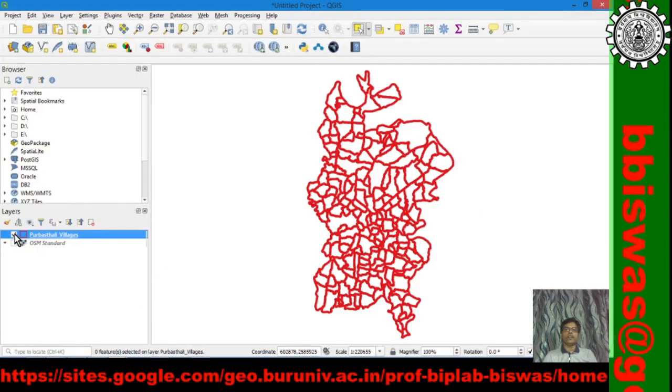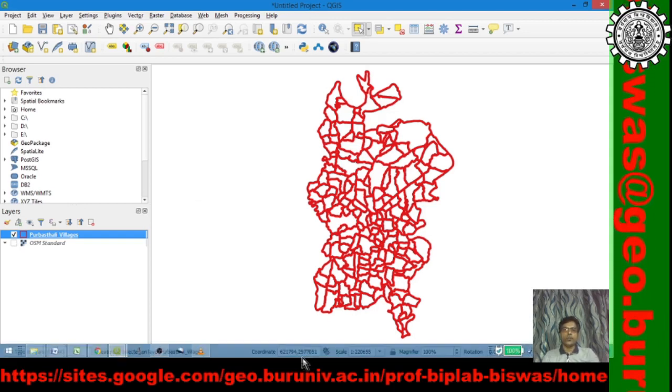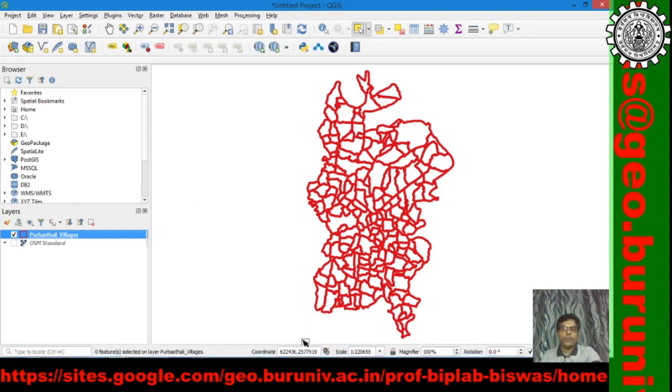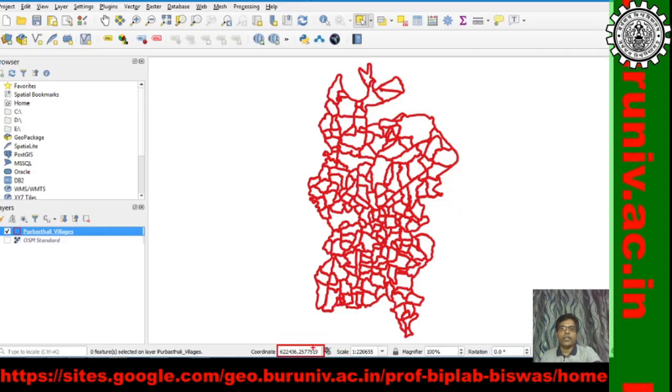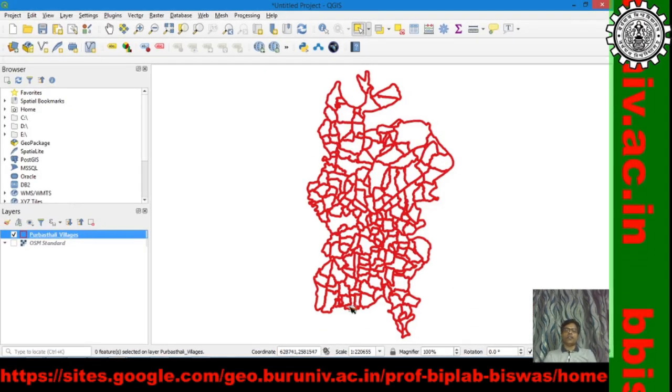Add your vector layer, and this vector layer is georeferenced. Please see, this is the UTM value, and we can place this vector layer on global scale.